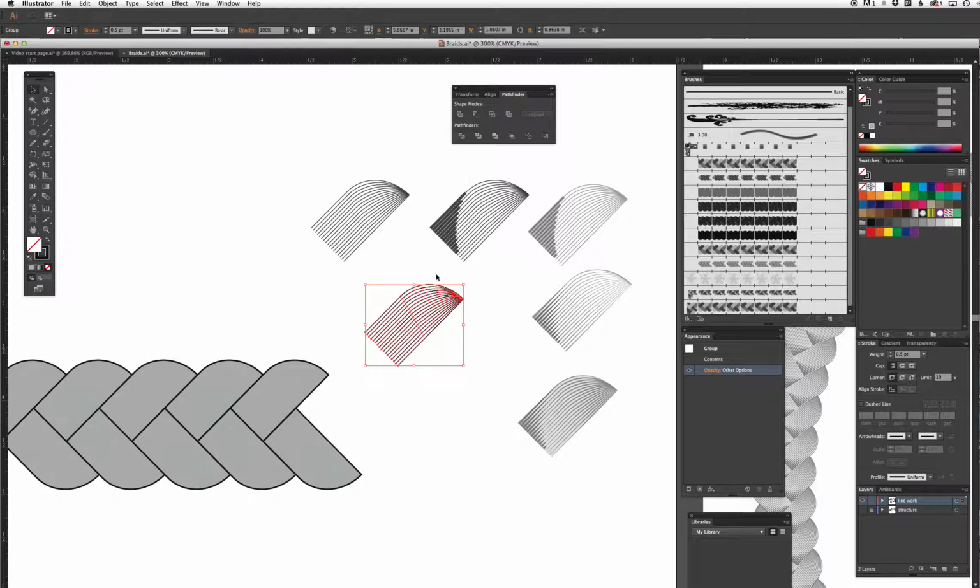And so now I can go ahead and trim these lines so they create a nice little arc. I'm going to use my eraser tool for that. So I go back over to the tool panel, grab my eraser tool. And if you want to make it larger or smaller, I'm going to use the left and right bracket keys. Holding down the right bracket key on the keyboard makes it bigger. Holding down or tapping the left bracket key makes it smaller. And I'm just going to erase